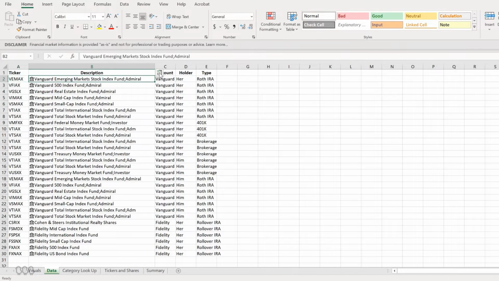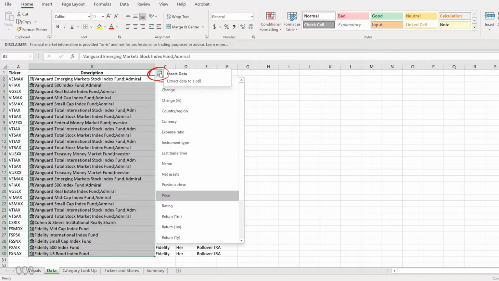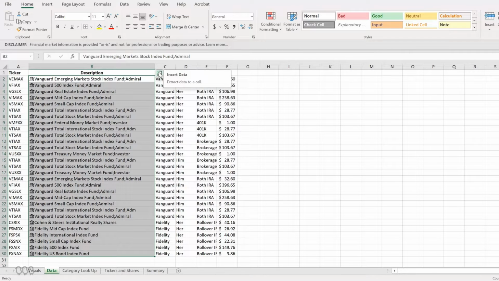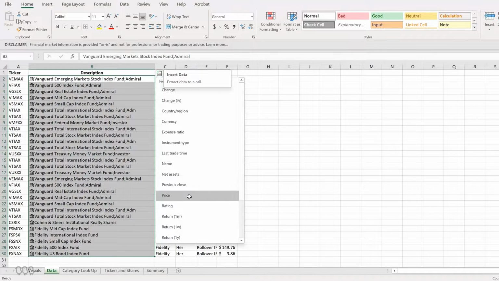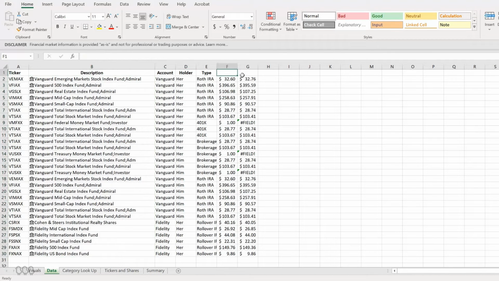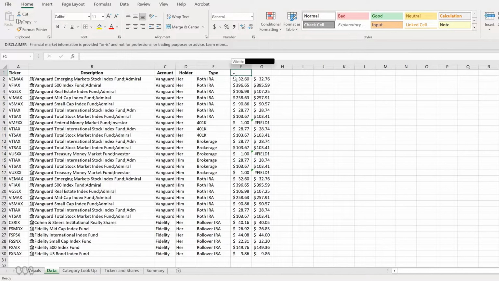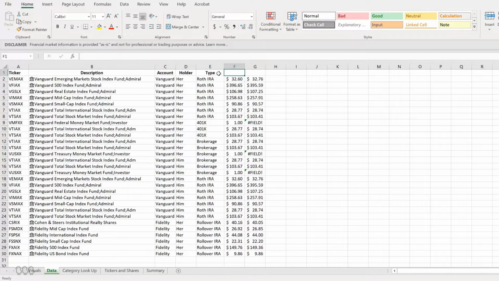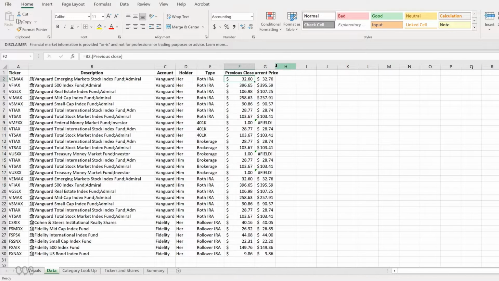Then we're going to come back over here to this description and select 2 through 30, and then click on this little icon, and we're going to insert some data. So let's add previous close. Let's add price, and that's it for now. So you can see that it's automatically added this information. I'm just going to expand this a little bit, and then let's add our headings. Let's close, price. Oh, I'll change that to current price. Expand this a little bit.